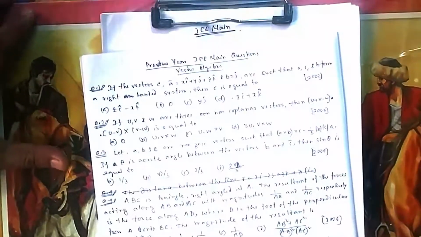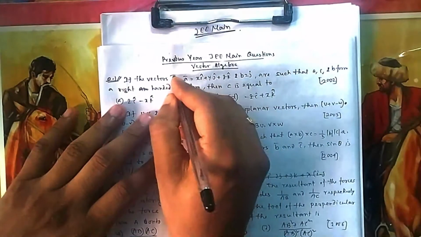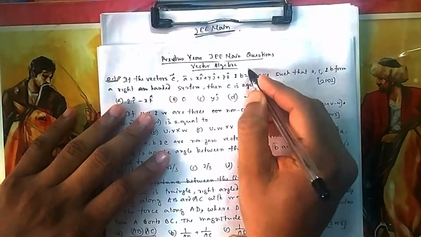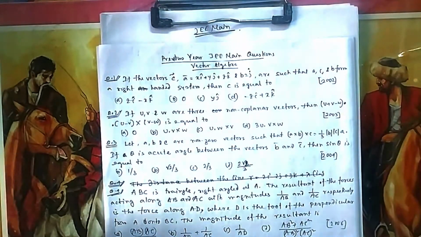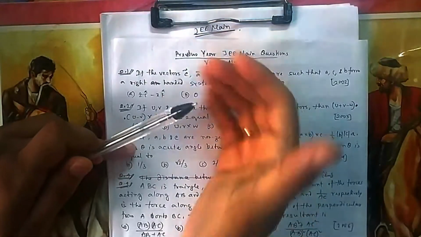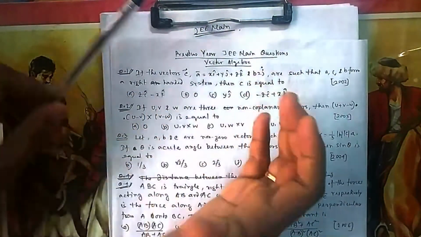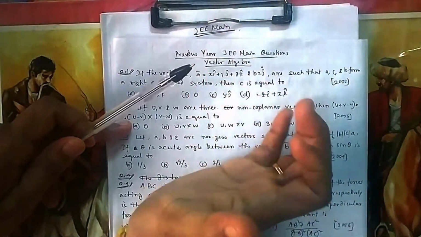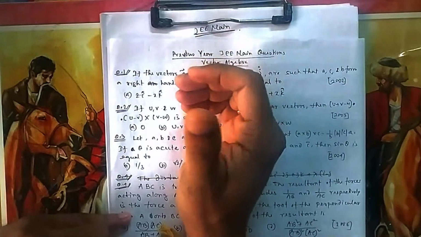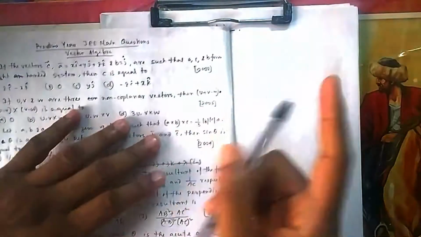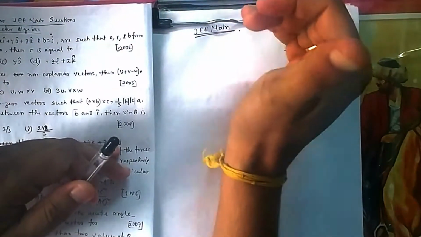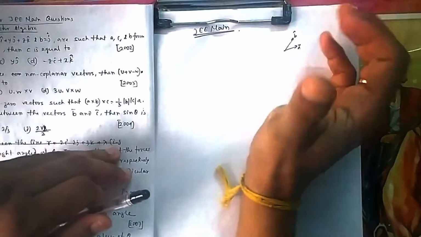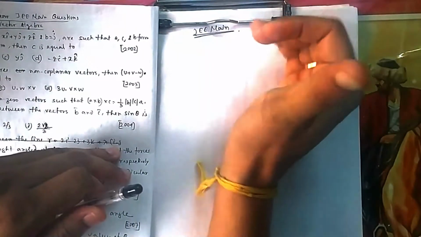Okay, in question number 1, the vector A is given, B is also a vector which is given, and C is unknown, such that A, C, B forms a right-handed system. So for a right-handed system, I told you it should be something of this fashion. If I go from A to B then C, you remember the scalar triple product (STP) was positive if it is a right-handed system. Suppose this was A, this was B, so if I take A cross B, then C should be somewhere in the line with A cross B, then it will be a right-handed system. A to B, then this should be C, so that has to be a right-handed system.